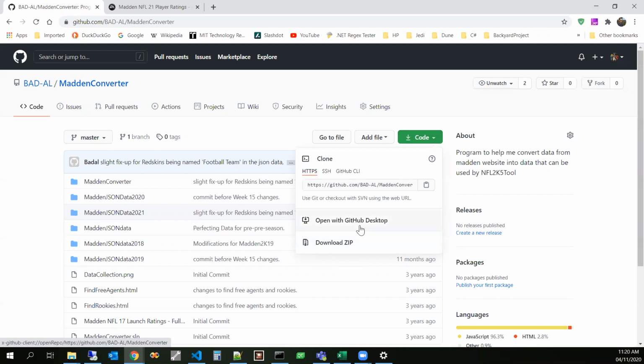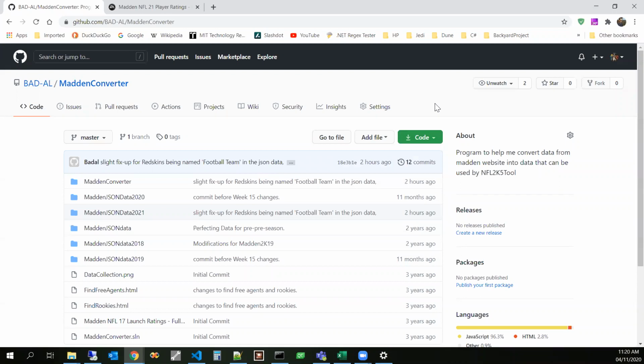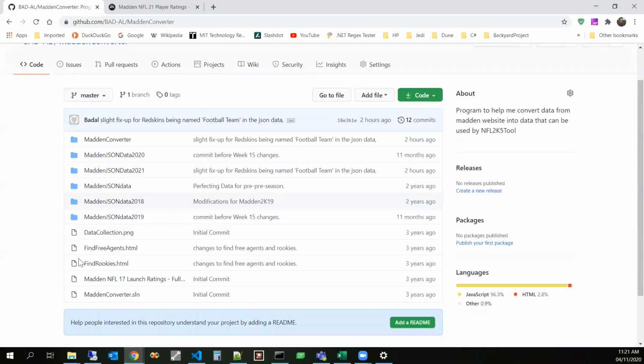If you use GitHub and you have Git installed, you can also use this link right here if you'd like. But I imagine most of you are just going to download the zip. I don't think too many people will end up using this program. But let's take a look at the folder structure here. So we have this Madden converter folder. We have these Madden JSON data folders here. These Madden JSON data folders over the years, I've added to those and